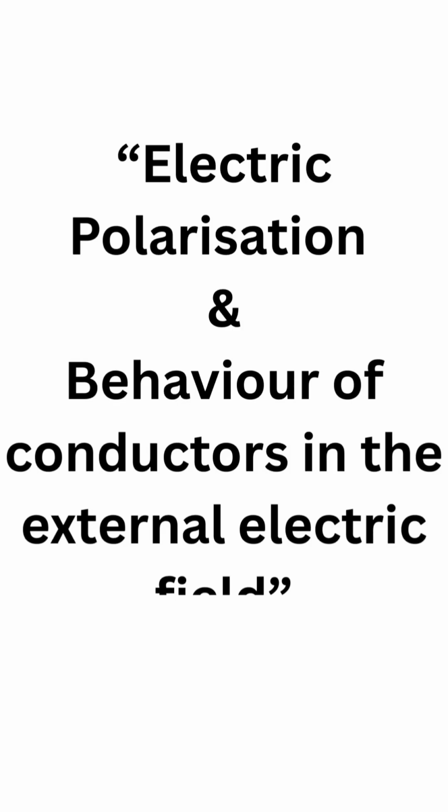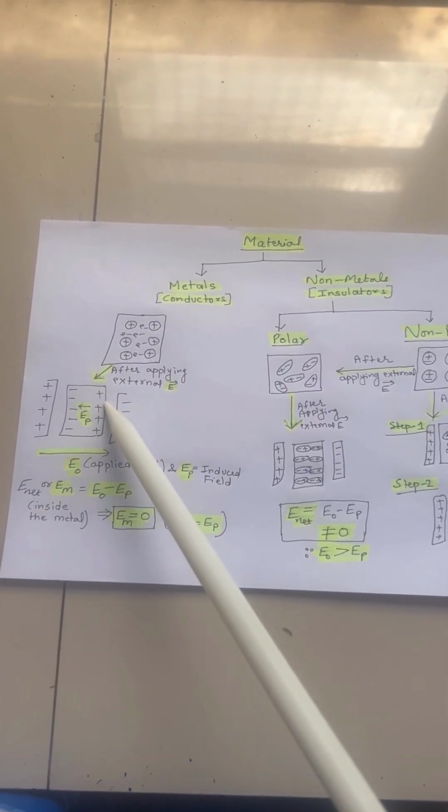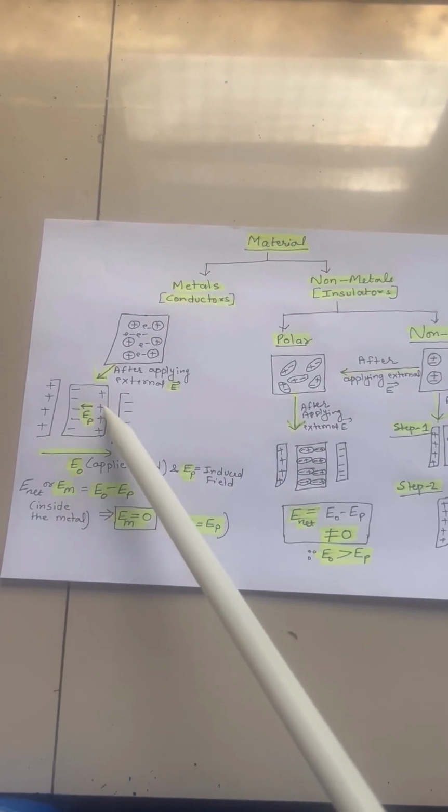Hello everyone, in this video we will learn about electric polarization. We have two types of material, conductors and insulators. Conductors are metals, and the structure of matter is such that there are positive kernels and electrons flowing between